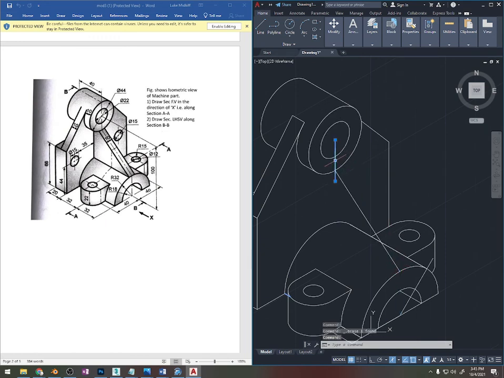I'm going to delete this because I don't need it. And now the length of this is 10, but I'm in the middle. So if I'm in the middle of 10, that would be 5. So I'm going to have to go 5 to the left, 5 to the right. So using the line tool,